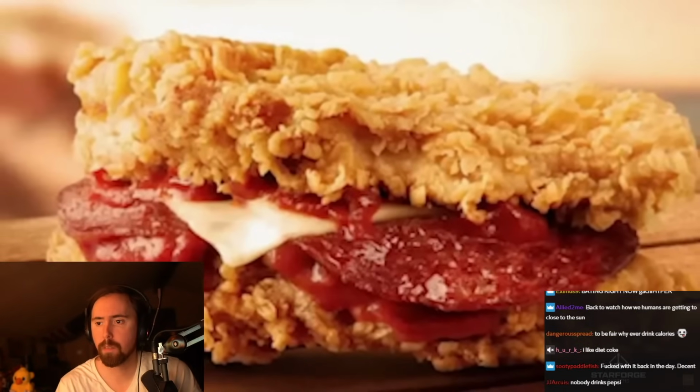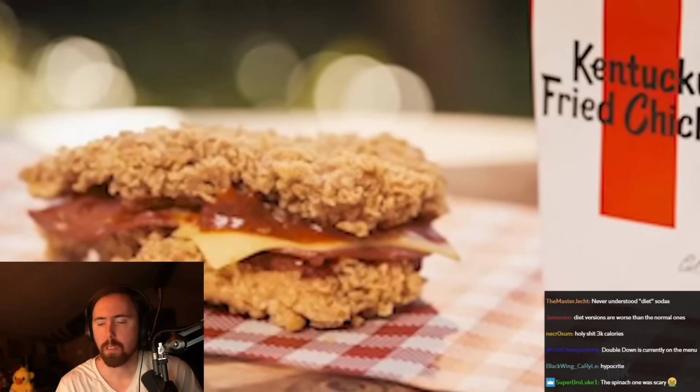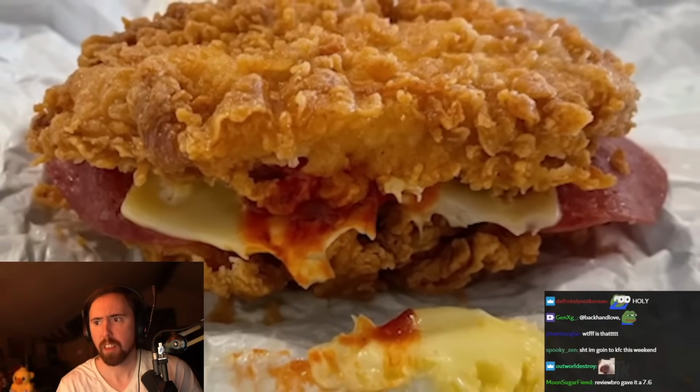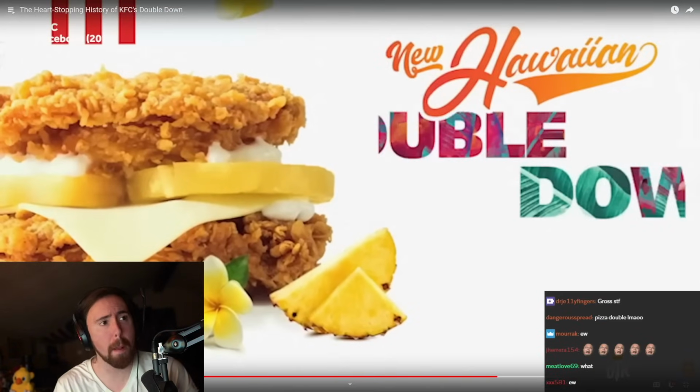Australians struck it rich again in September of 2021 when KFC Australia introduced the Pizza Double, which incorporated pizza sauce and pepperoni slices. There was also